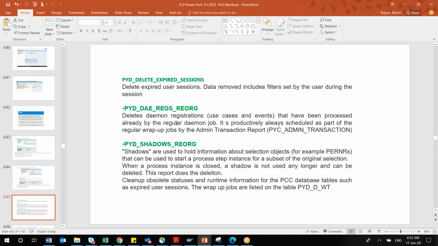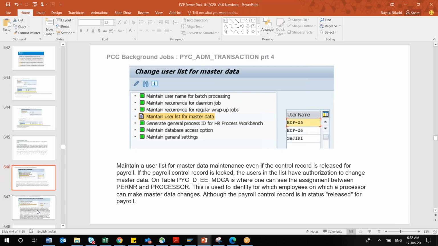What does this do? Simply remember the purpose of each and every backend program, because they will be asking this question in your certification at least. From an implementation point of view, you just maintain it one time, and that's more than enough.